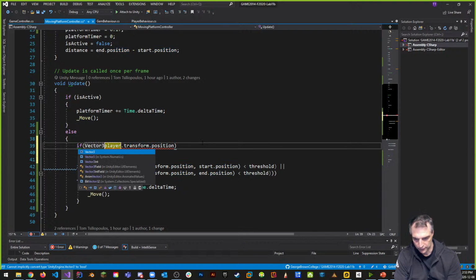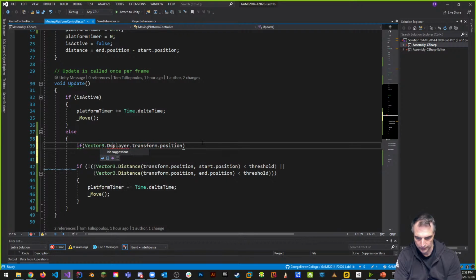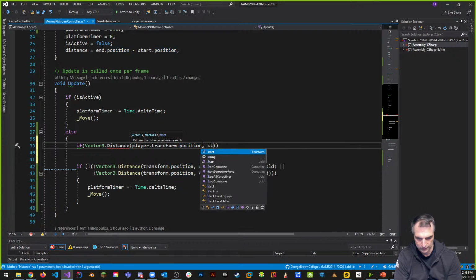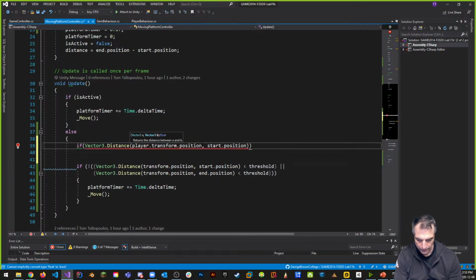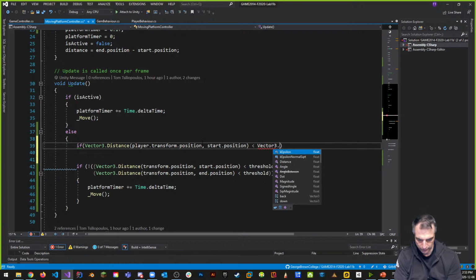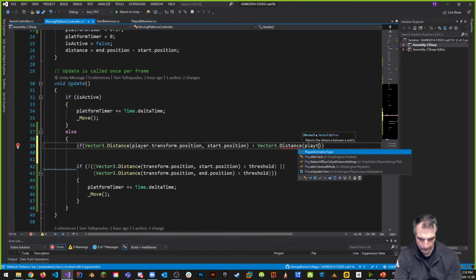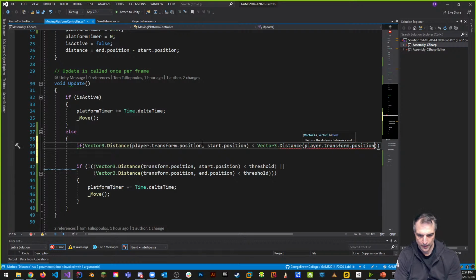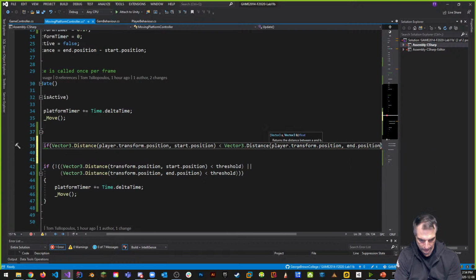Vector3.Distance, from player.transform.position and the start.position, if it is less than the Vector3.Distance between the player.transform.position and the end.position. If it's closer, if the distance between the player and the start position is lower, then